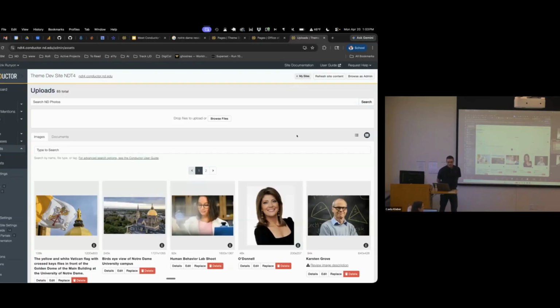So if you've worked with images on a website, accessibility is something that you should keep in mind. Because if someone is non-sighted and using your website, and they get to an image when they're listening to the website, the alt text can be straight garbage if you're not careful. For the longest time, we just sort of faked the alt text on Conductor, gave people the opportunity to edit it if they wanted to, but within the past couple of years, we've started forcing it. So now if you upload an image in Conductor, you cannot use an image until it has alt text in it. And to assist with that,